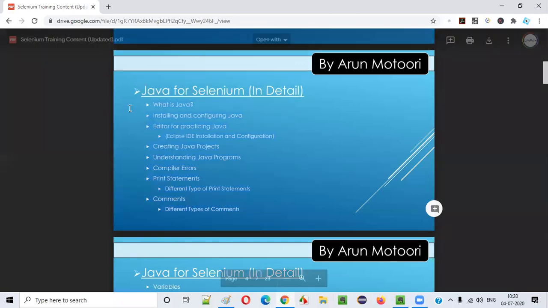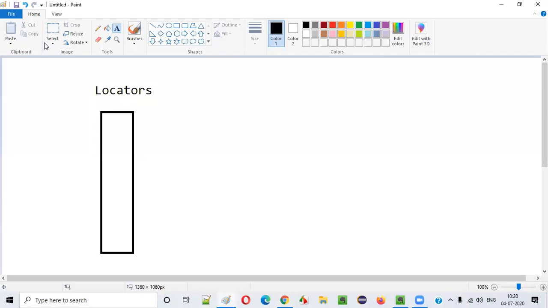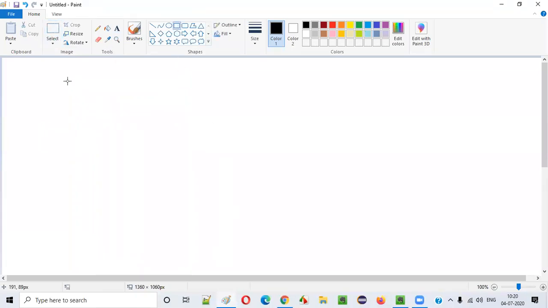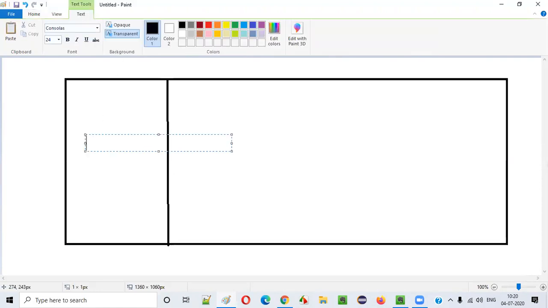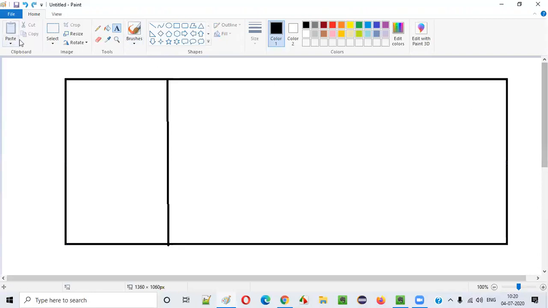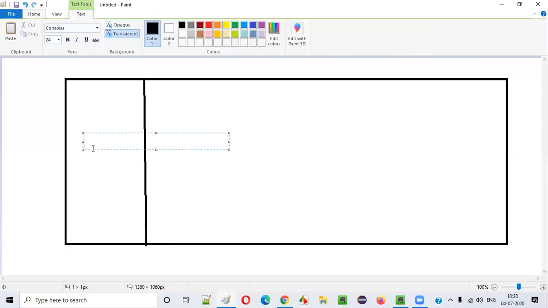If I break my course into different parts, at a high level, my course will be something like this, guys. The first part will be mostly locators. Even less, I can say, this may not be so big. Let me draw the line a bit shorter. I will be very practical with locators, and it is taking this much amount. So this is locators.